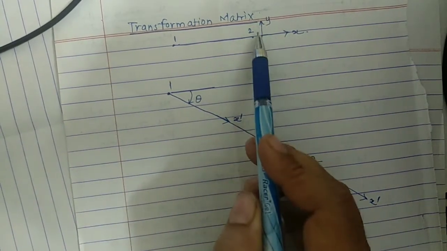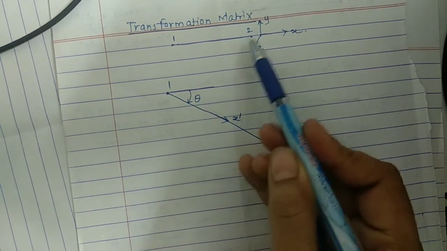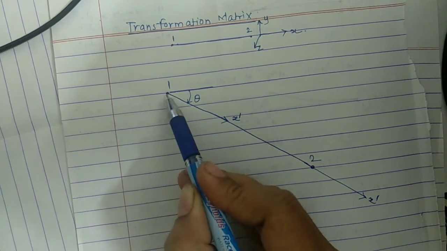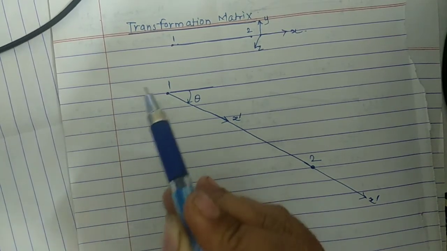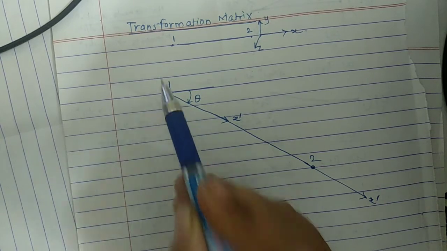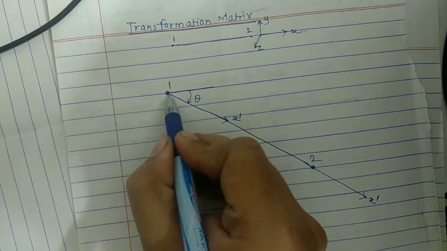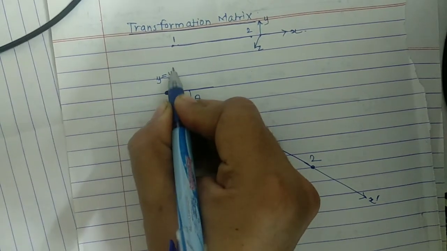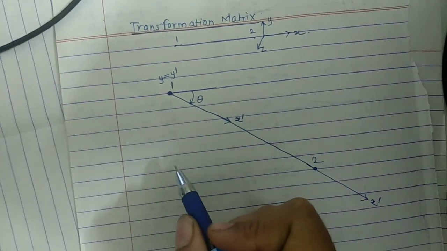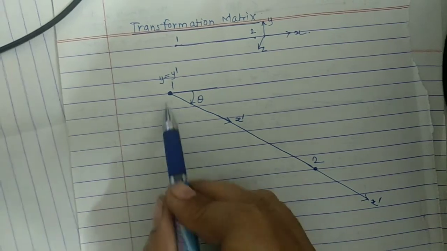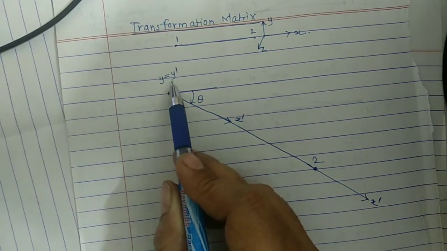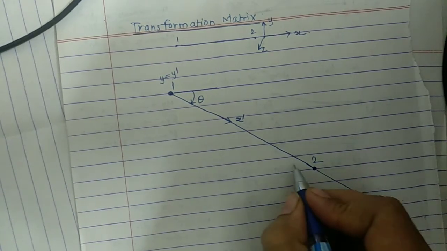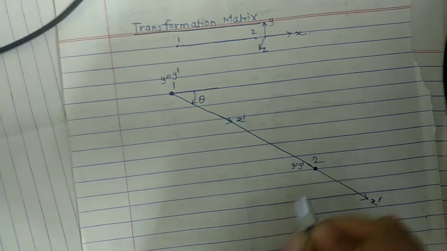Now this y axis, which was in this direction, is rotated, so it will be towards the observer, or it is vertical, so we will show it with just a point. That is, y is equal to y dash, because whether you say local or global coordinate system, in both cases the y axis, global and local, will be at the same point. The same case here for node 2 also, y is equal to y dash.